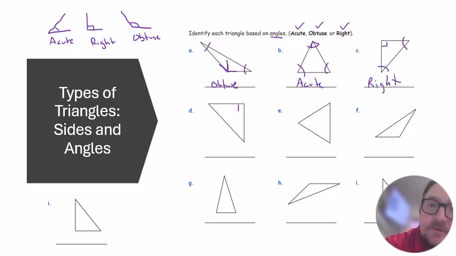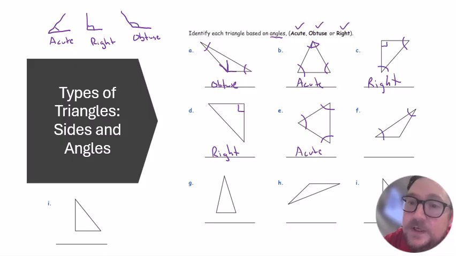Once again, here we have a right angle, so it's going to be a right triangle. Then we look at this one, it's acute, acute, acute, so we have an acute triangle. This is acute, but looking at this angle, we see it's much bigger than a right angle. So this is going to be